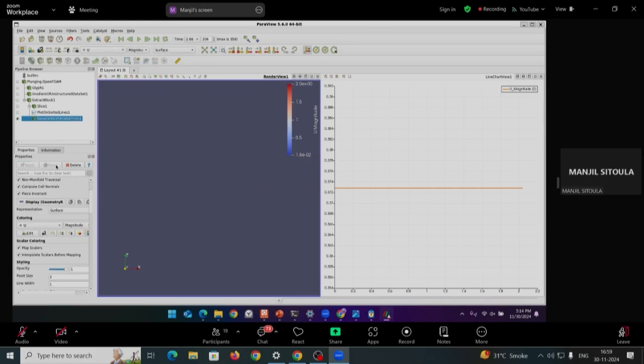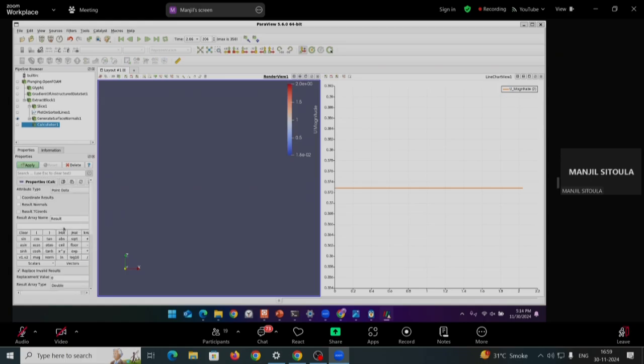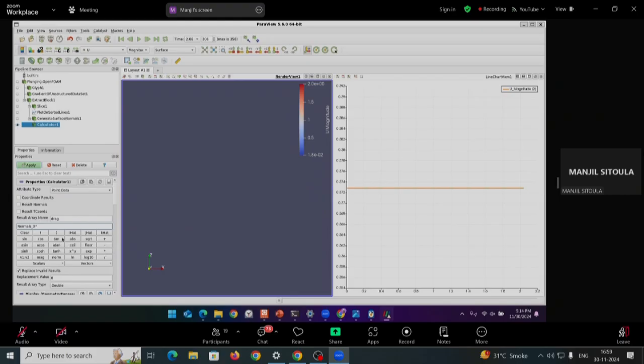After we have generated surface normals, we need to access the calculator, and let's call this plot drag value. Since the pressure force in the x direction gives drag, we need to multiply the normals and the x component with pressure. Now this will give us a drag. We also need the drag coefficient, because that is what we are going to plot. So to plot the drag coefficient, we are dividing the drag by